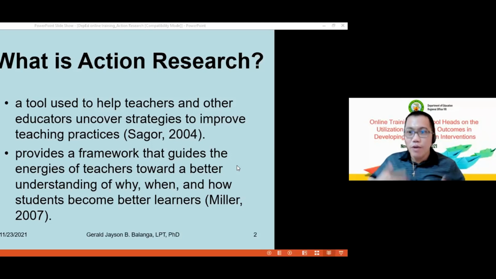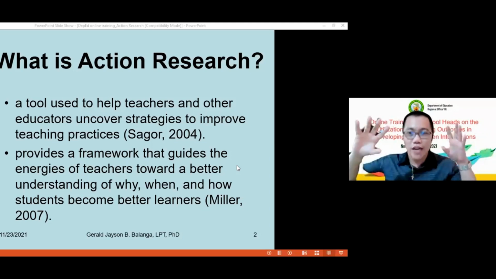Kasi kung hindi mo nga, at least ngayon, alam mo na ang Google Scholar and ERIC, so pwedeng ma-share mo in one of your LAC sessions, Learning Action Cells sessions. Sabihin mo, I would like to share with you how to do literature search in Google Scholar and ERIC. This is what I've learned from Sir Gerald in our online training. You see? So, at least merong magiging effect or impact ng training na to